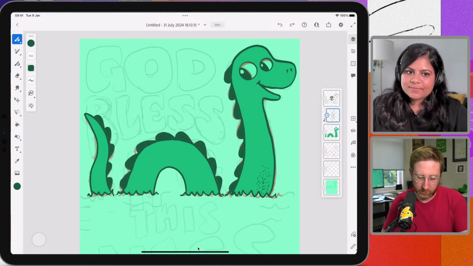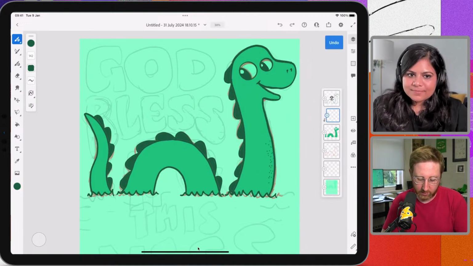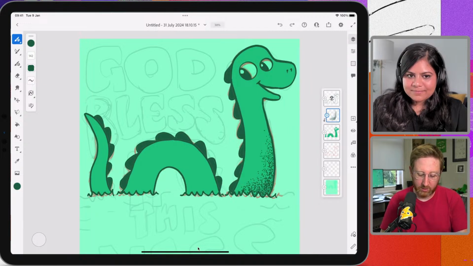And what this does, as you can see, it's not quite a halftone effect, but a nice kind of clean dots that we can use to do some shading here. So I'll just do a bit here. I don't want to go overboard really. You want to try and keep it simple and not get too detailed.